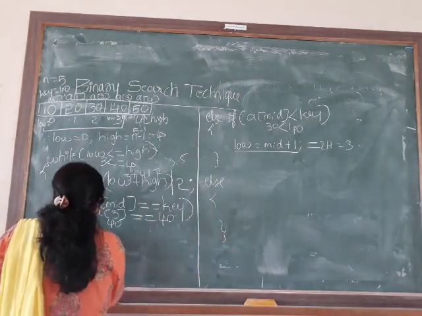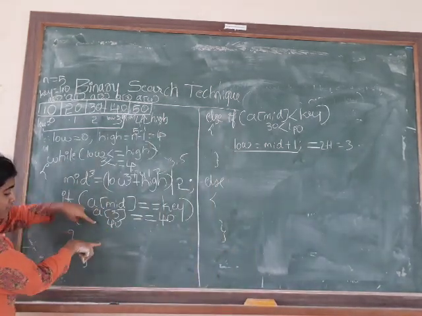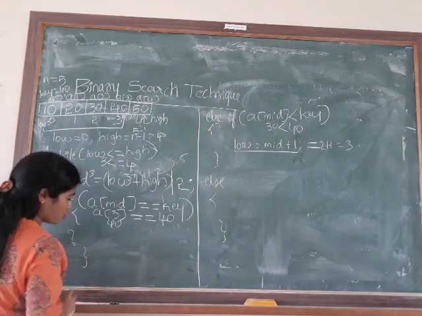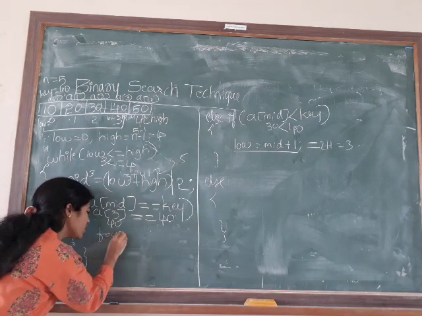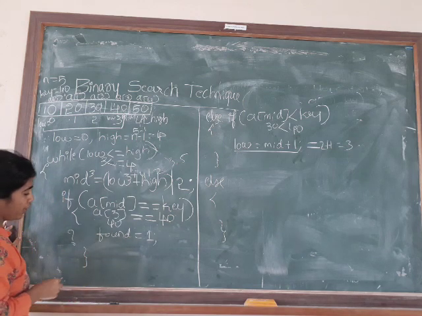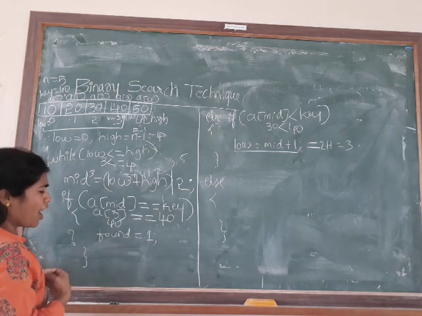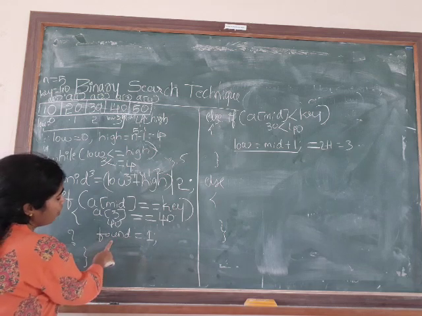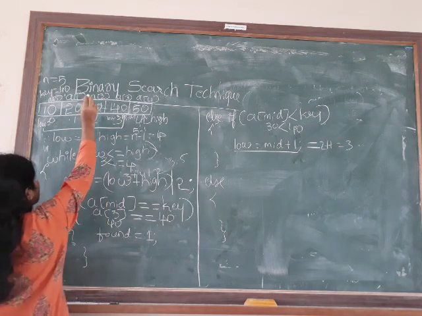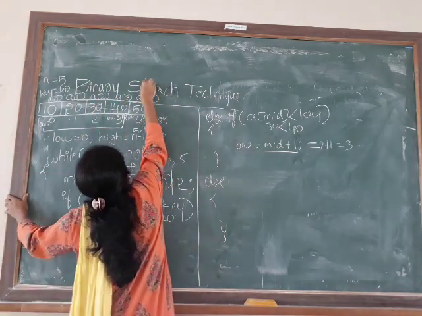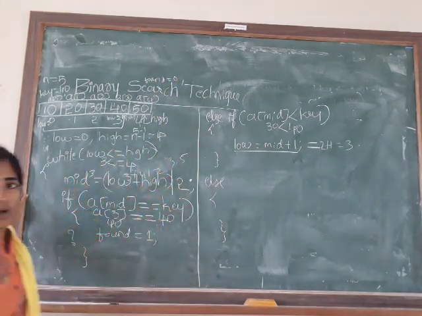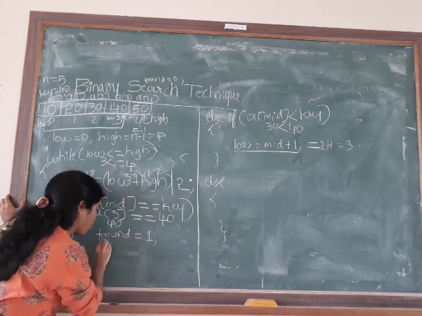As it is true, now I have to think what statements I have to put here to get the output. As it is true, better I'll do found is equal to 1. See, this kind of coding differs from one programmer to another. I feel it is the easier one. I am keeping found is equal to 1. In the sense, initially found must be something other than 1. So initially I will take found is equal to 0. Int found is equal to 0. So found is equal to 1, break.